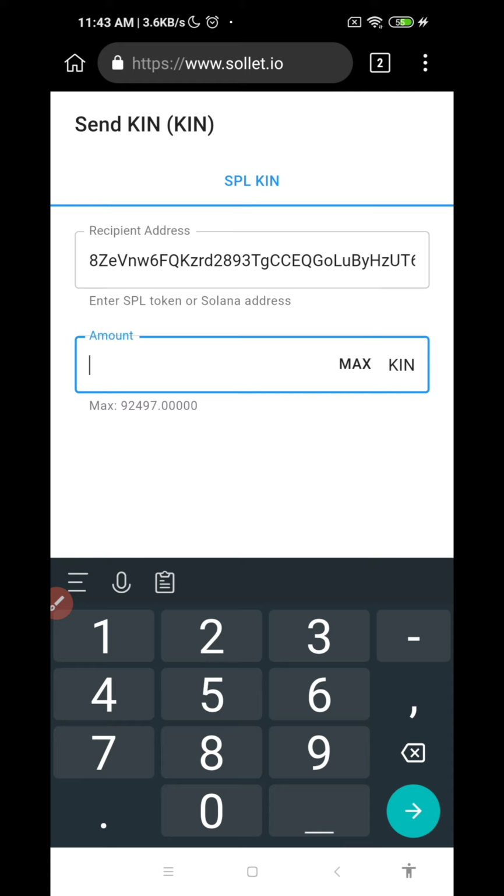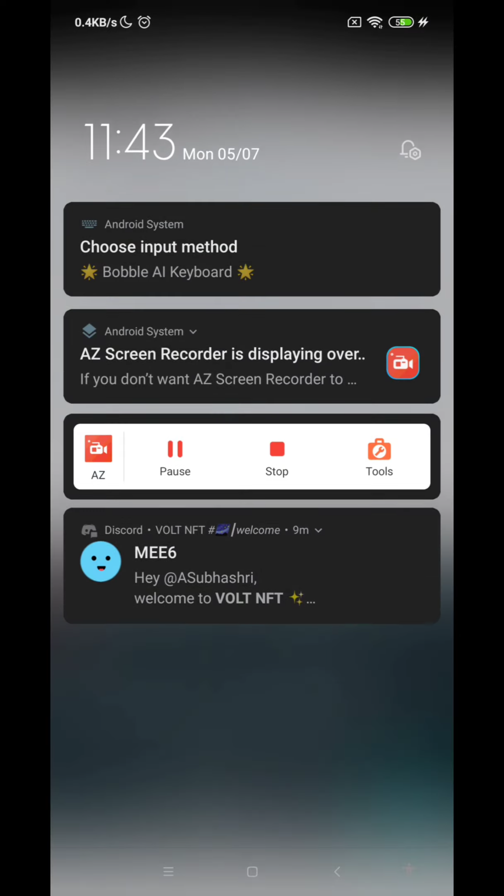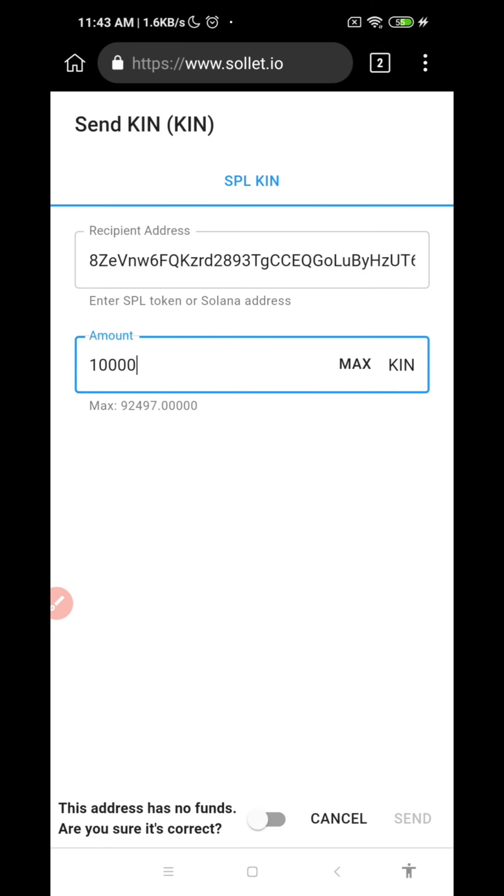I want to send something, but I didn't have any fees, guys. I did not have SOL. But I want to send this Kin. Now I will send this 1000 Kin but with no fees. Let's check it. For sending, enable that option, guys. As you can see on the screen, there is an option. Enable it. After enabling it, it will be turned blue. After that, click on the send option, guys. Click on the send.